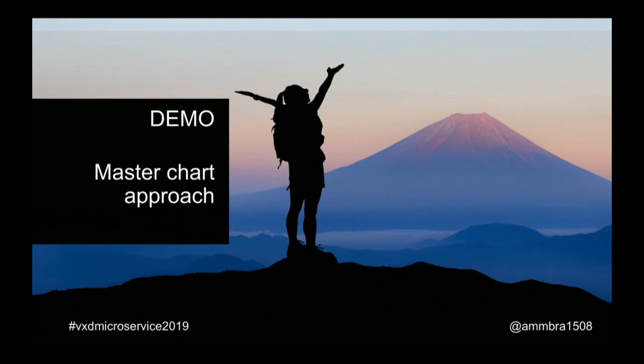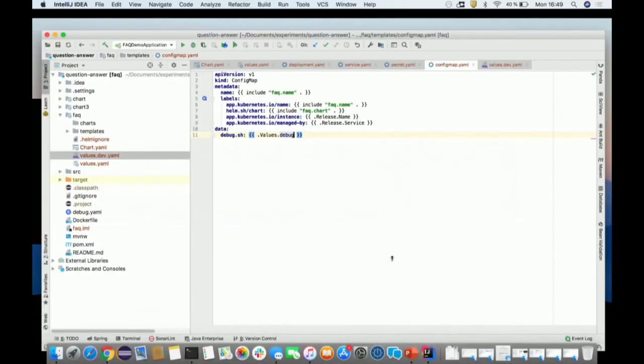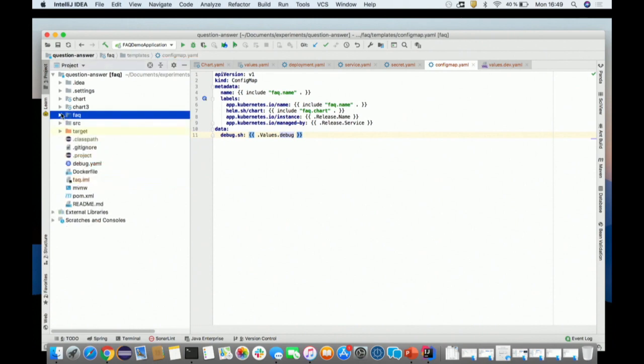However, when working with microservices, we know that microservices have their own persistent store associated, so maybe you want to spin up together the persistence unit and also the application. Or you have a way to bundle your application together with some other chart. In this case, the master chart approach is the one that would be recommended. So the all-in-one approach, or the master chart approach, works as follows. You have a chart